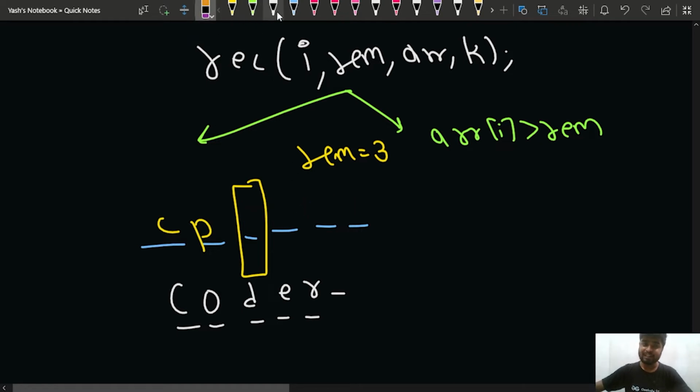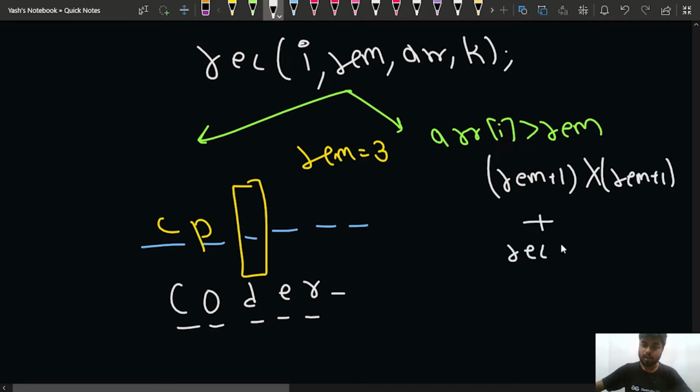Okay, so in that case I'll pay the cost, and that will be nothing but remaining plus 1 into remaining plus 1. Okay, I'll pay this much cost and then I'll call recursively for i plus 1, the next word. And the remaining number of words will be what, now if I place the ith word in the next line. Okay, suppose after coder also there were several words, so if I put the coder word in the next line, in that case in this line I am putting, so initially k number of spaces were remaining